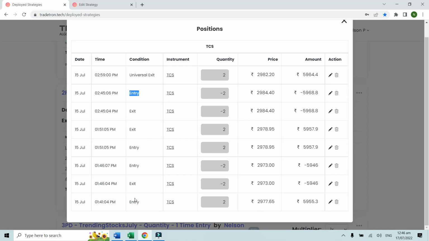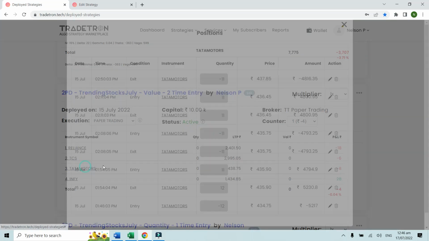Remember that I deployed this strategy somewhere around 1:30 in the afternoon, so that's the reason why it has not shown trades early in the morning. All right, so whenever you deploy the strategy, it will start checking conditions from that particular point in time. So that's the reason why it has taken 2 entries and then it stopped. Similarly, if you see Tata Motors as well,